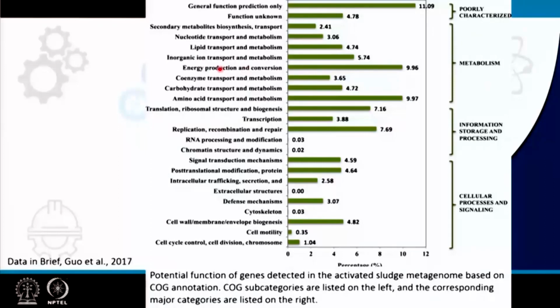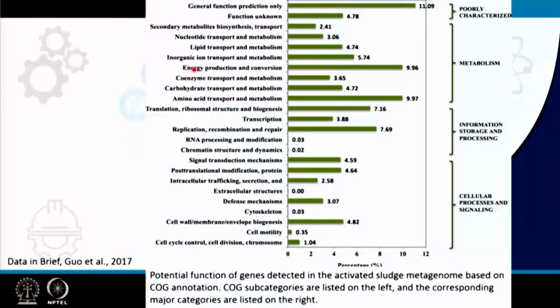Now, energy conversion and production has a significant allocation of genes. These are the percent allocation out of the total genes that are detected. So, around 10% of genes are allocated to energy production and conversion. If we want to look into this particular subcategory, what the actual pathways are in this particular activated sludge or wastewater treatment sample which are facilitating the energy production, we can do that,